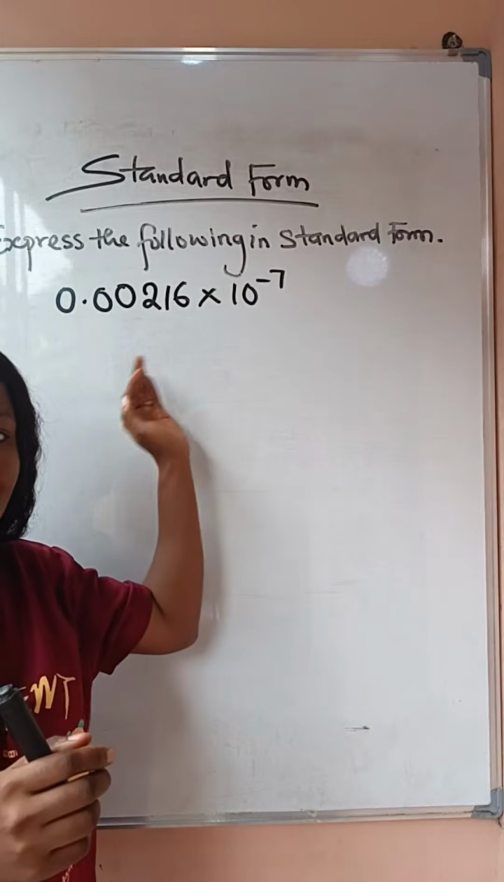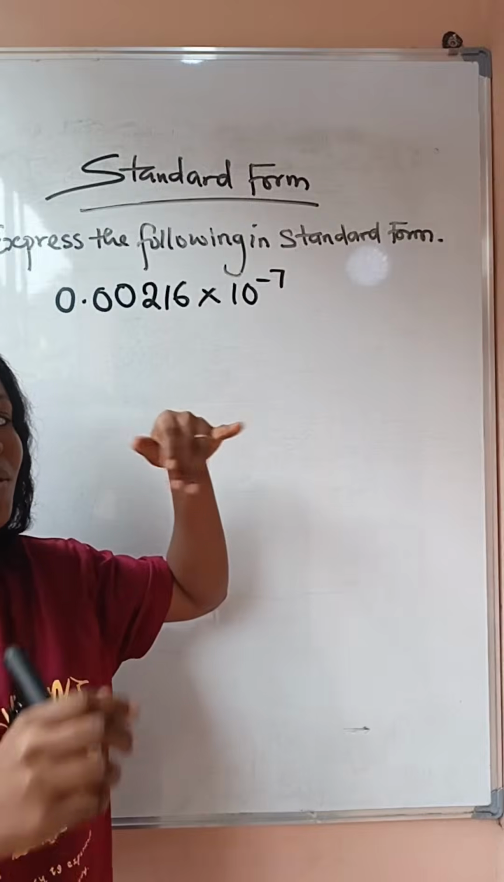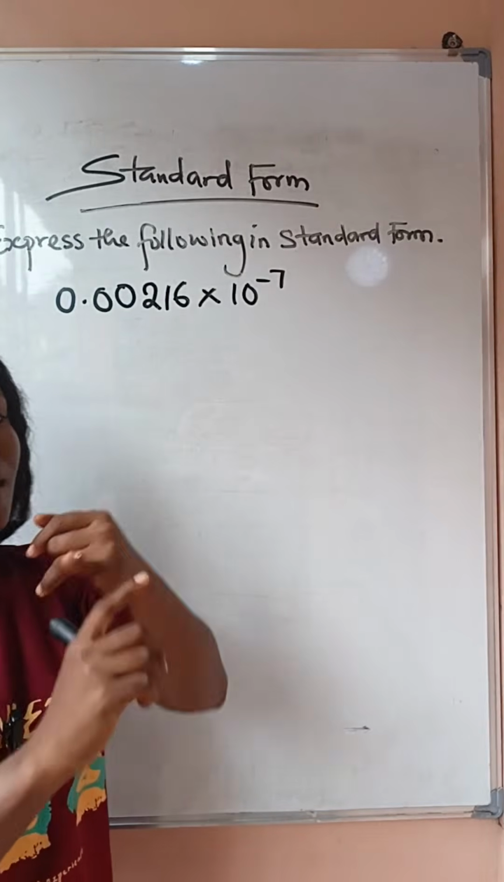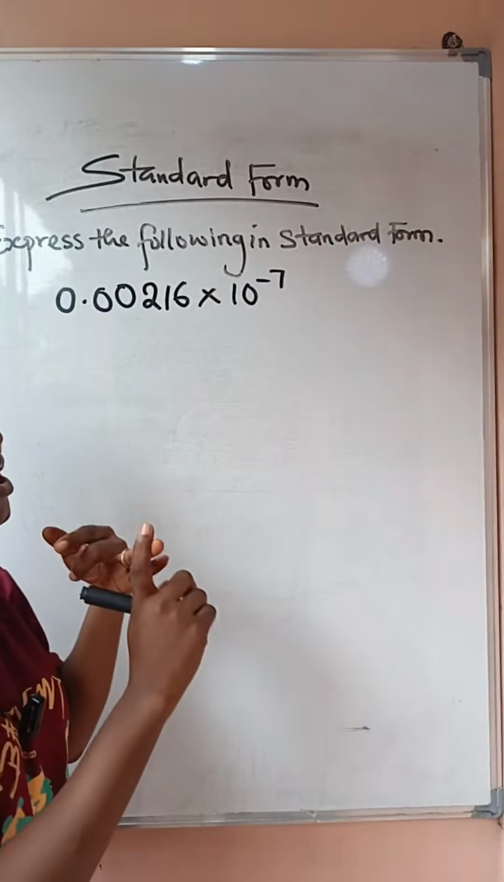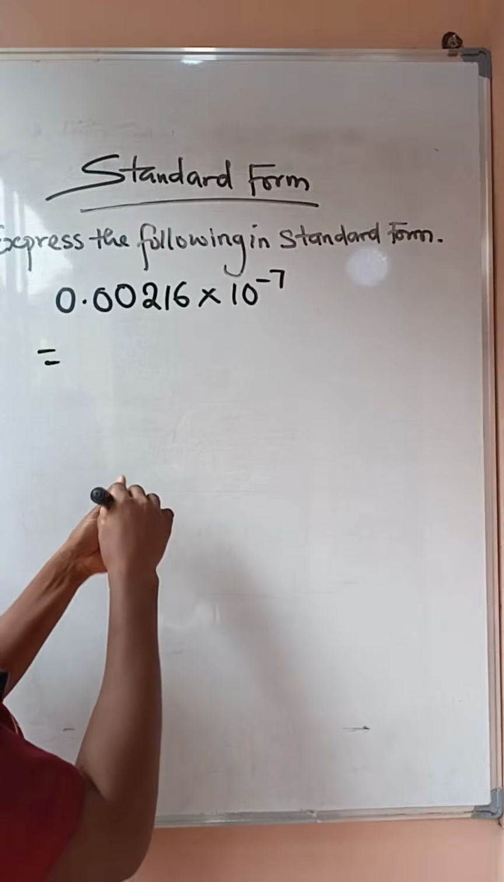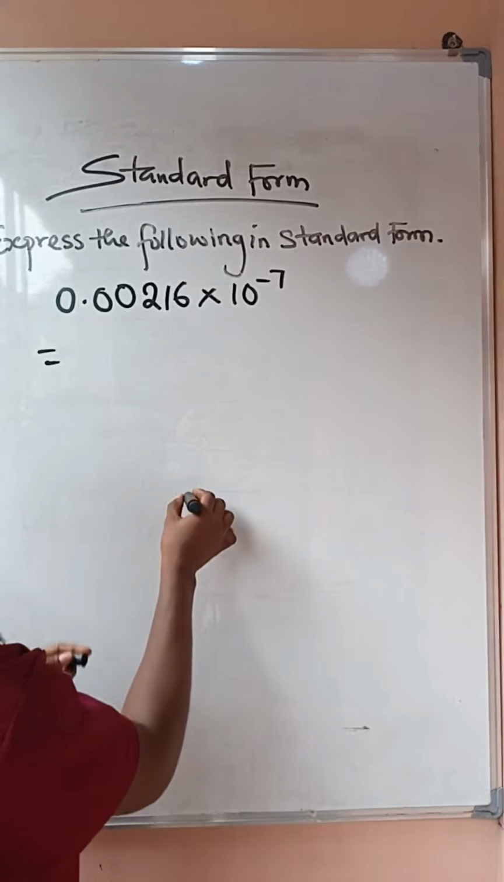You can see that this is an ordinary number. Now, remember where we are coming from. We've talked about how to change a decimal just like this into standard form. We've talked about how to change a whole number to standard form. So the first thing we need to do is to change this to standard form. Now, remember that we have